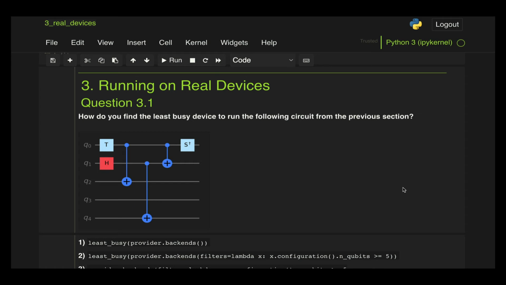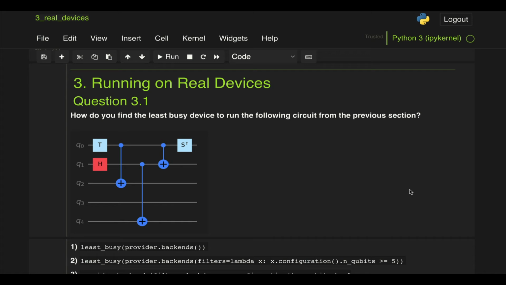All right, section 3 of the exam, running on real devices. So let's start with question 3.1, which asks, how do you find the least busy device to run the following circuit? And I remember when I took this test that it was a little bit confusing what device meant,